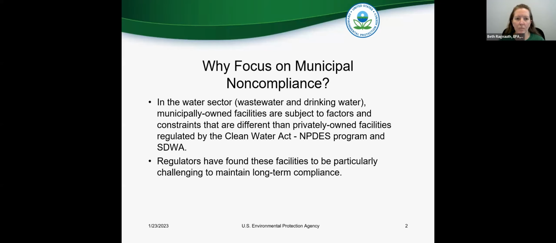Understanding these root causes, what would we do with this information? Why is this important to regulators? We want to be able to do our jobs better, to better target inspections. We may be able to better tailor compliance assistance efforts, and use our resources more efficiently in that area to focus